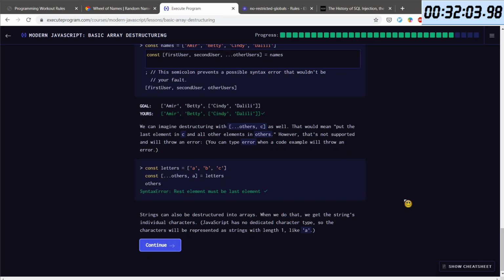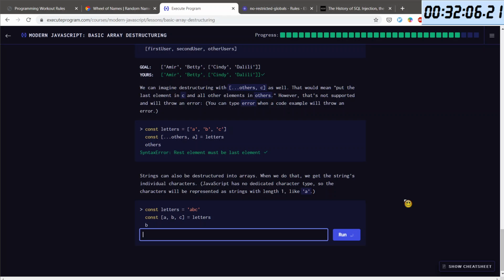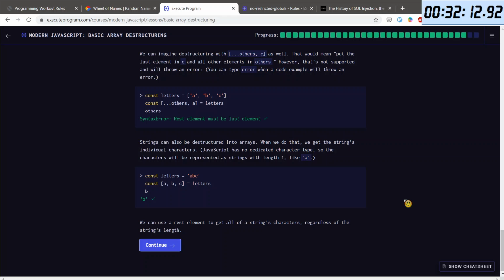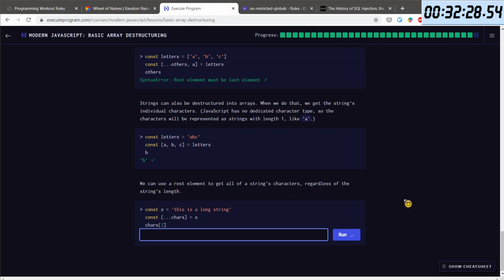So A, B, C, those letters, B is B. We can use a rest element to get all of a string's characters, regardless of the string's length. Chars is 0, 1, 2, that is I,